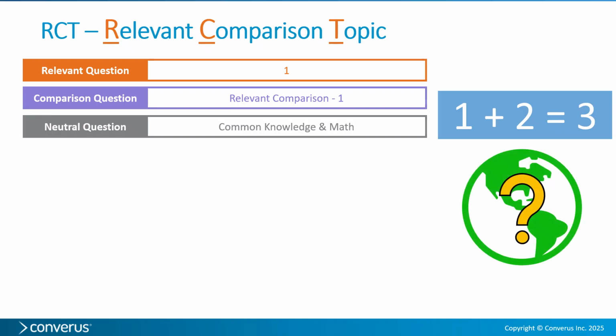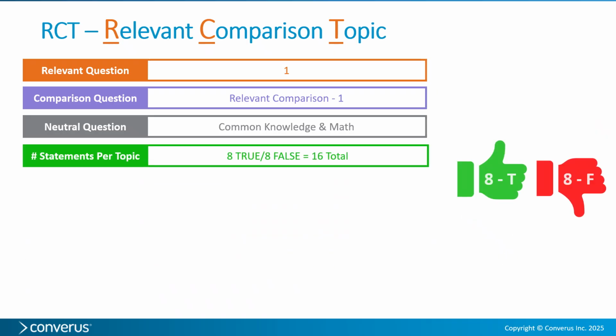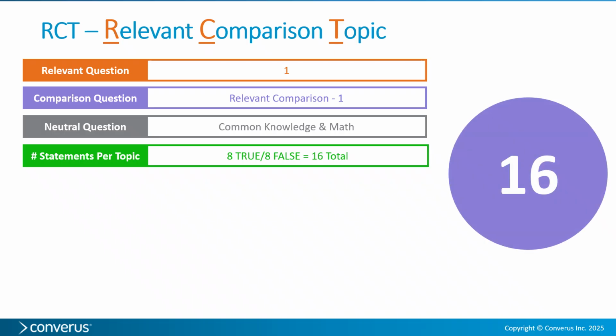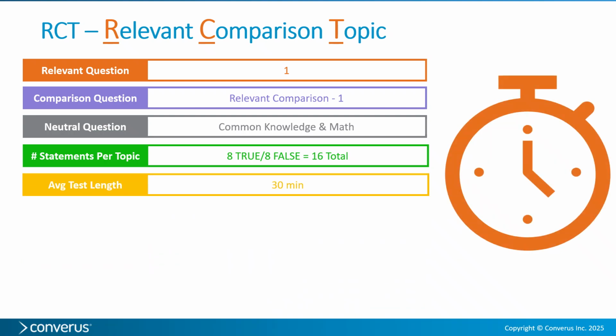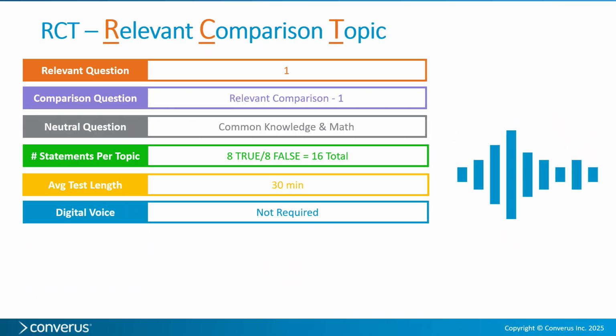Common knowledge ones are ones we would expect everyone to know the answer to, like the sky is blue. Each topic will have 8 unique true and 8 unique false statements, so there are 16 different statements per topic, 8 that require a true response and 8 that require a false response. Average test length is around 30 minutes like the MCT. And also like the MCT, a digital voice is not required, and if there is one, it will only read